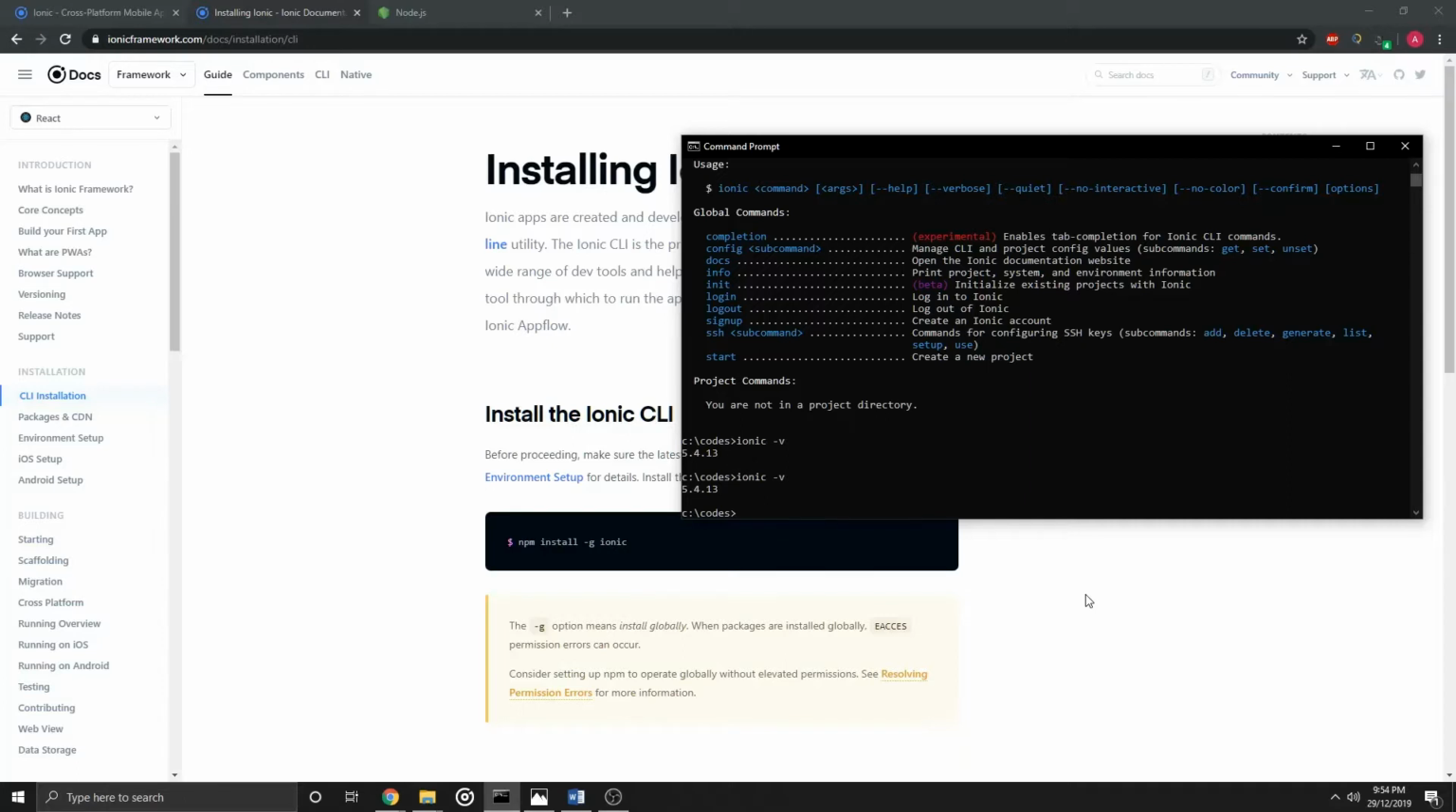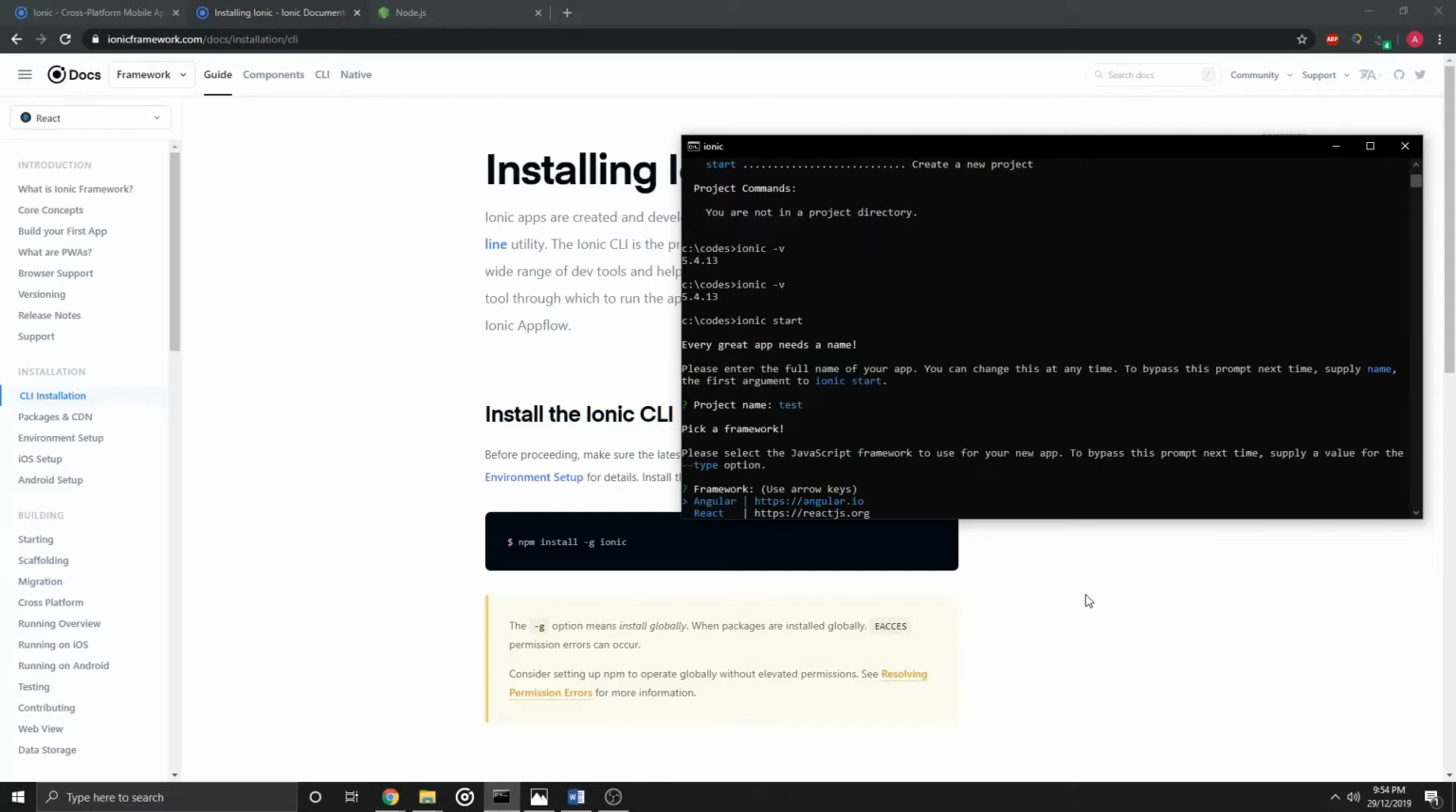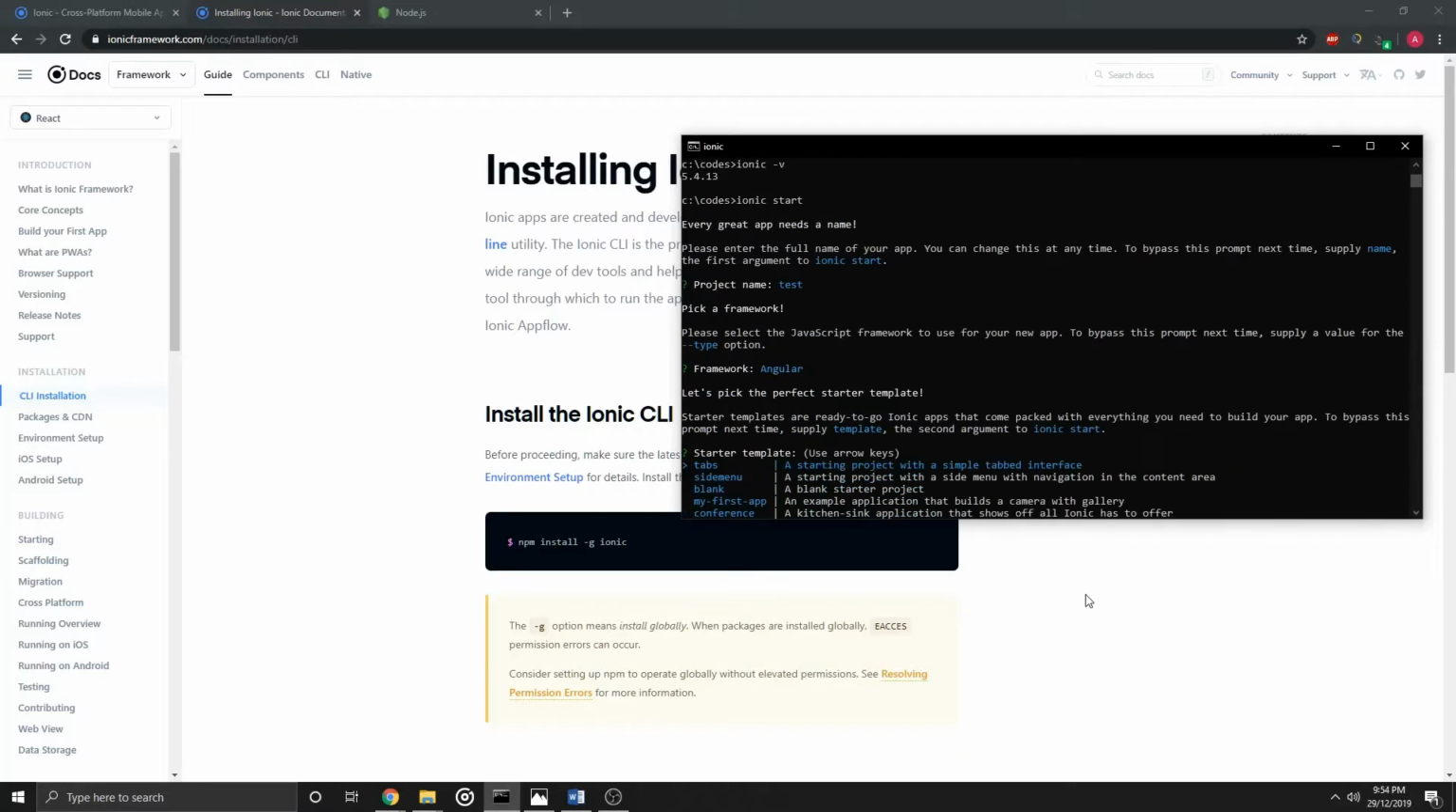After that, in order to start making an app, you're going to have to write ionic start. It will ask for your app name. I'm just gonna call it test, and you can then select your framework. There's two options, Angular and React. We're going to go with Angular. And then there are some starter templates which you can use. They have some of the code already written. For our project, we're just going to use blank,